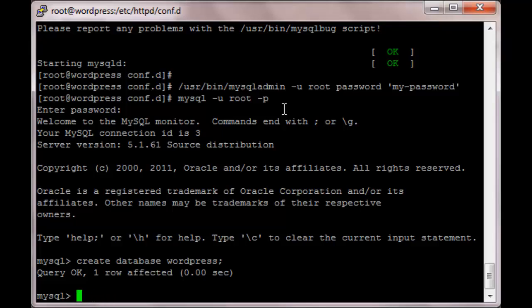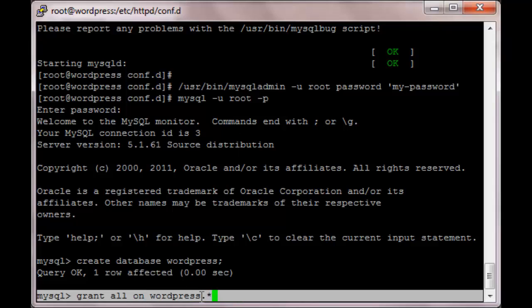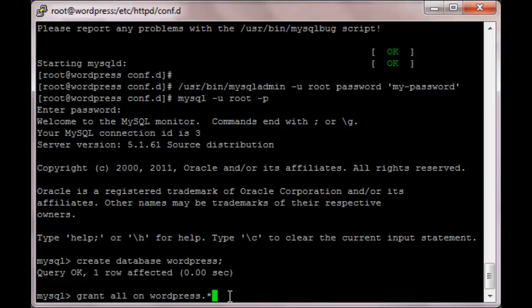The next step is to set up access for the WordPress user to use this database. So the command for that is grant all on WordPress.* That's the name of the database on the left side there, and by putting a star there I'm saying any table. I'm going to say for the user WordPress at localhost, because I'm not expecting connections from anywhere else. My database and web server are both hosted on the same box. Identified